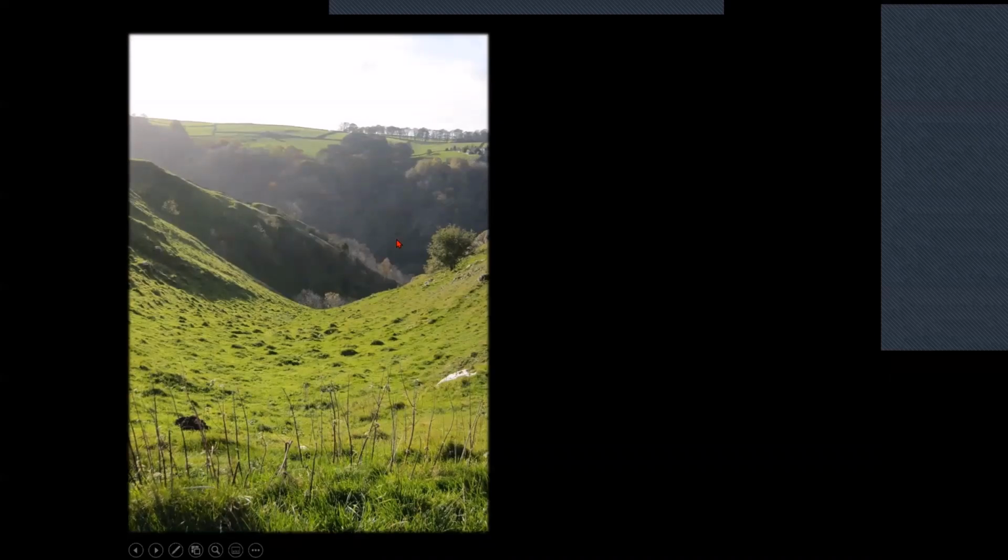Now, so here we can see that river valley. This is Dovedale. If ever any of you are in the UK and you get a chance, it's quite a pretty area to visit. And so here we are up on the upper, either side of the valley. We're up on, not on the terraces, we're up on the hillsides, quite a ways up from the valley. And here you can see an old relict, almost like a hanging valley. It's not a hanging valley in the classical sense, like a glacial sense, but it looks like a hanging valley